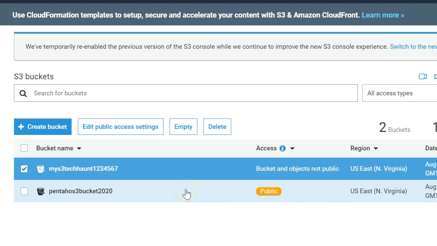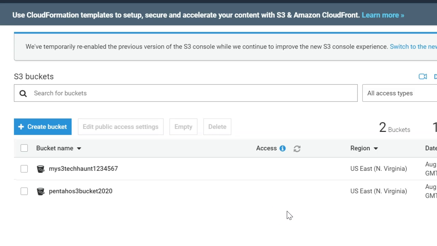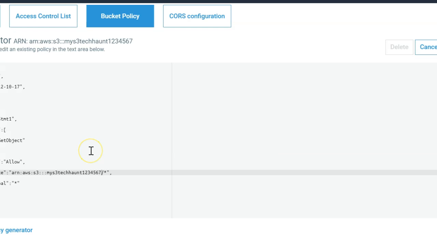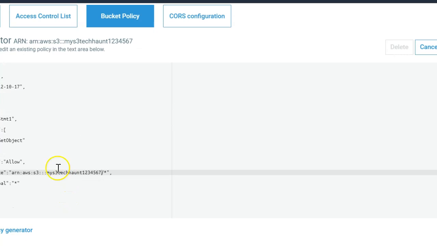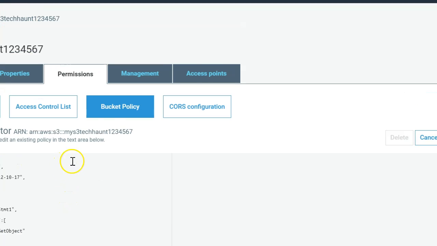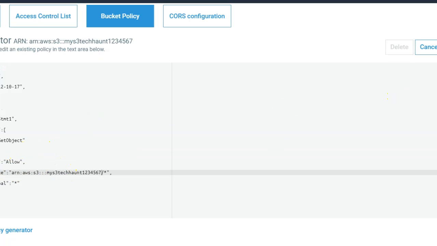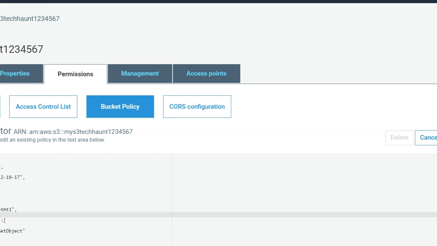Hit on create, and this is going to be public. I don't know what is happening with my account today, but it should work. Let me try again. I'm going to use the bucket policy. I don't know what is happening with my account, or at the Amazon level, they might have some issues, but it's not going to work this way. So let's try with the bucket policy, and I'm just saving it. Its effect is allow, the resource would be my Amazon S3 bucket, and the principal would be all objects. Okay, so that's how it's going to work, and let's save it.